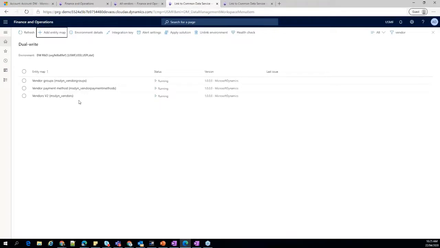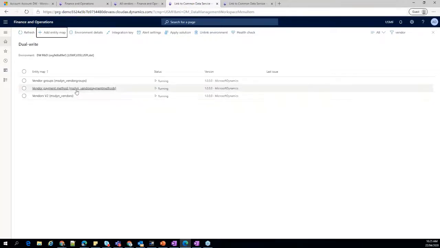Again, I'm going to the dual write screen, where it will show me all the lists here. While it's popping up, I'll quickly go back to my previous screen,